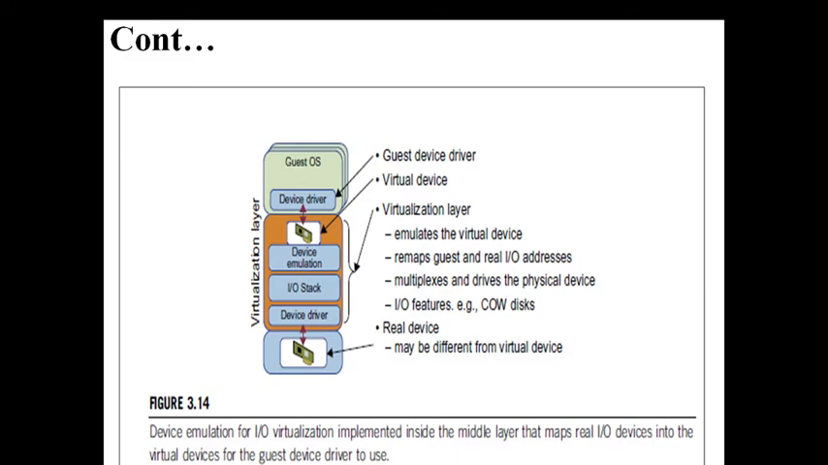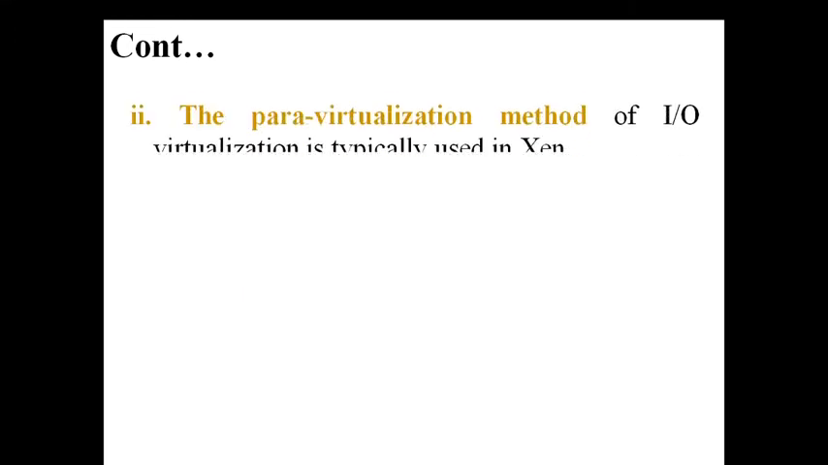No, it is our device they are copying. So all the transactions which we need, mapping, multiplexing, emulation is going to be done by the virtualization layer only. If it is so, then it is called a full virtualization concept. Coming to the second one,